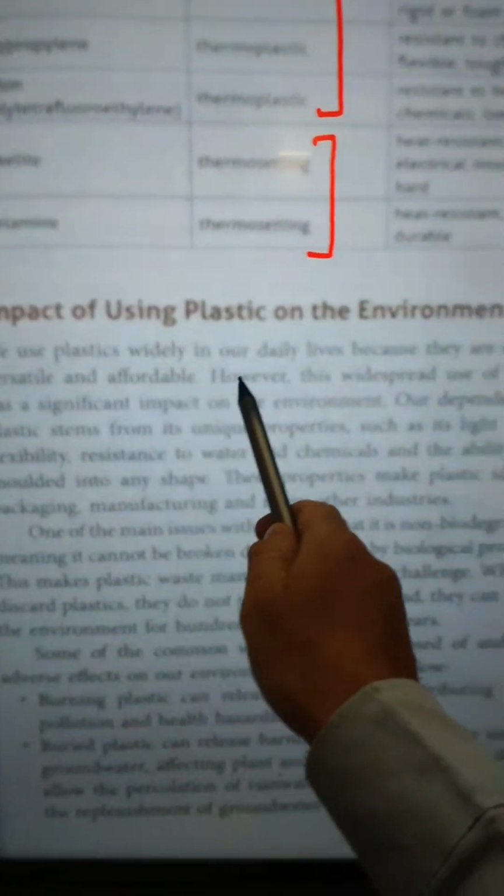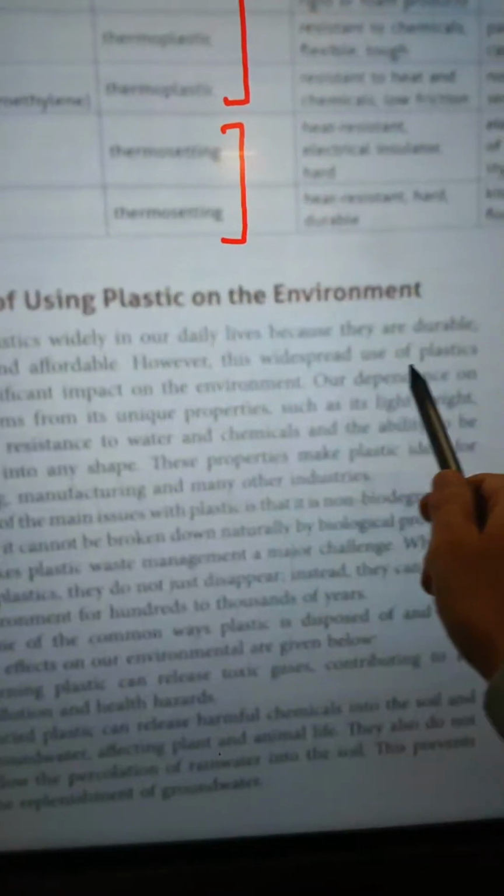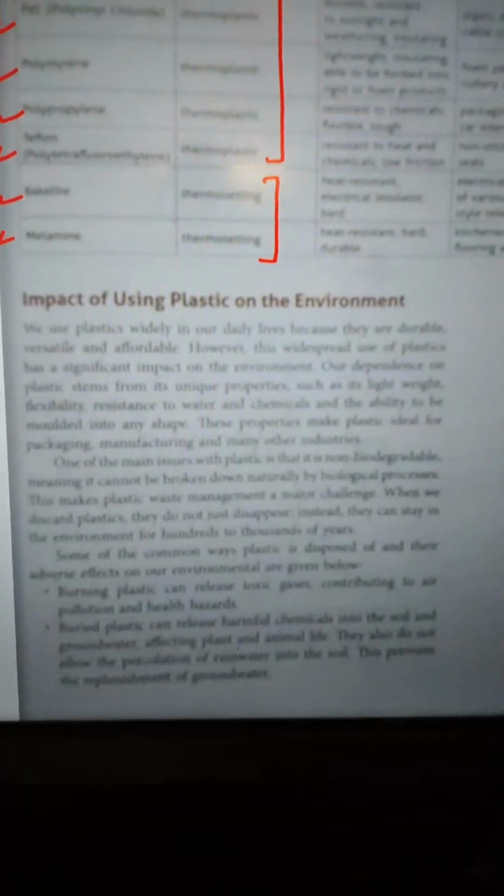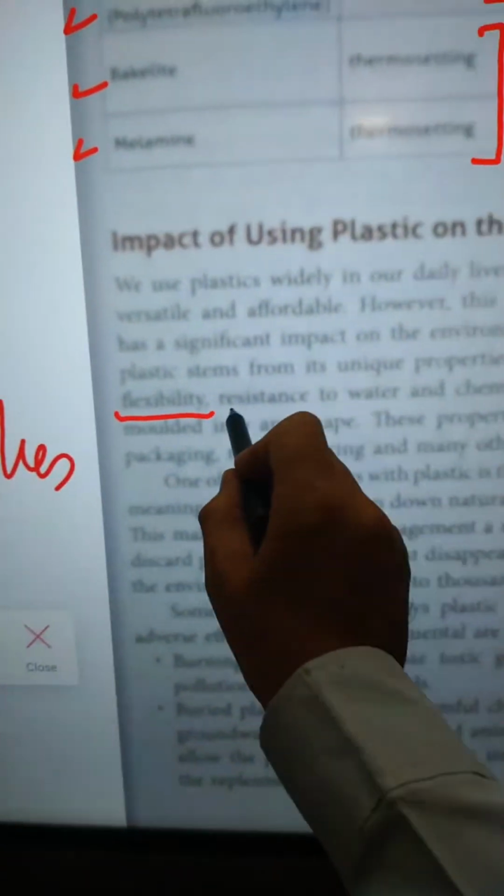Like here it is written, what is the impact of using plastic on the environment? So we use plastic every day because it is durable and versatile. However, the widespread use of plastic has an impact on the environment. Our dependence on plastic items is because plastic is lightweight, flexible, resistant to water